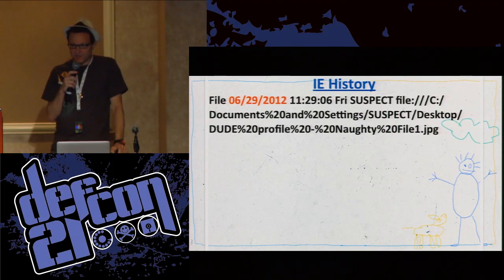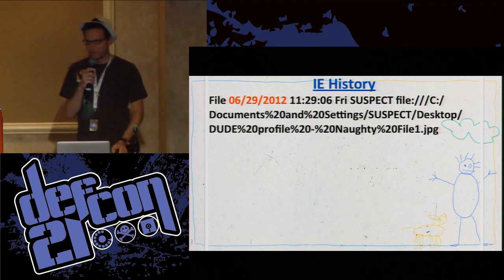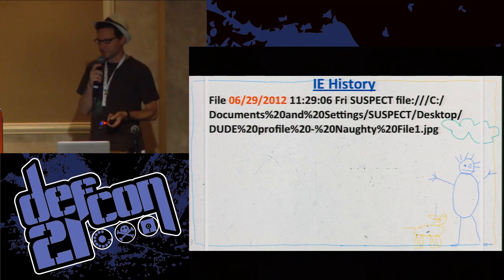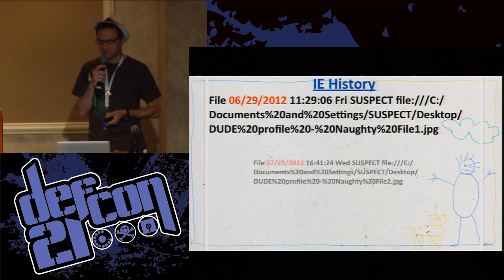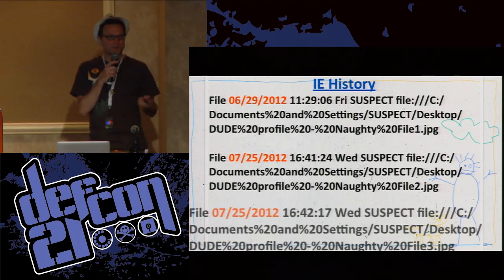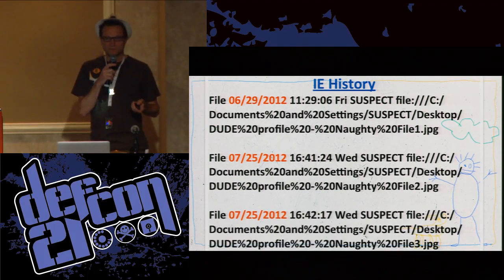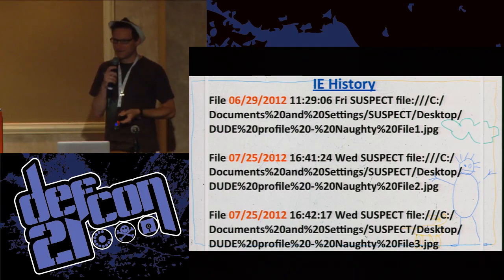So let's look when we examine the computer. Let's see what we came up with. So first we looked at IE history. And as I mentioned before, IE history is able to show you when a file has been opened. So this is an actual example. I've changed the file name a little bit here. And what was the date that I just mentioned? April 2012. Okay. I see some dates here. Are these before or after April 2012? Put up your hand if it's after.